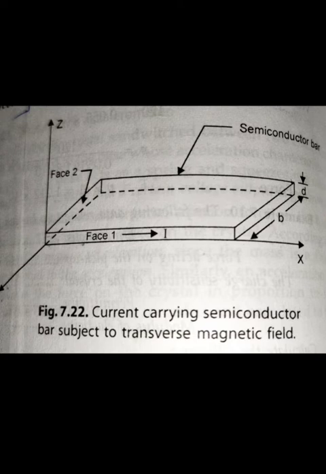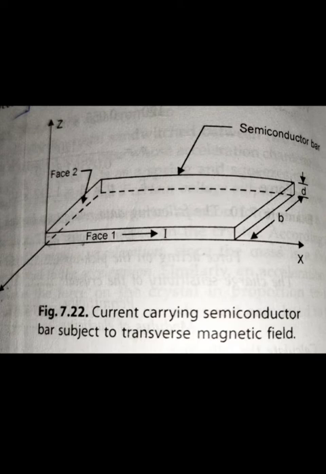and the applied magnetic field. In other words, for the Hall effect, when any specimen carrying a current I is placed in a transverse magnetic field B, then an electrical field E is induced in the specimen in a direction perpendicular to both I and B. The phenomenon is known as the Hall effect,